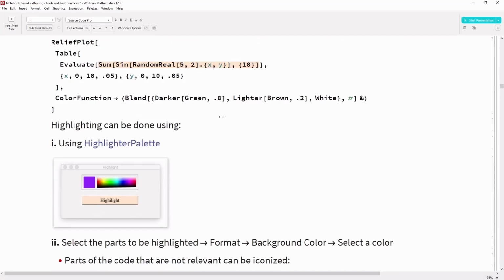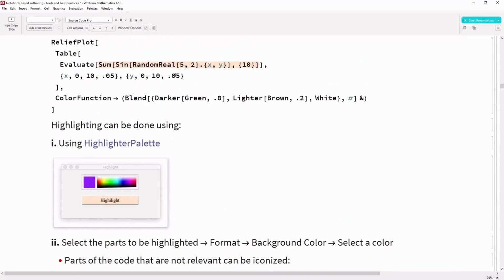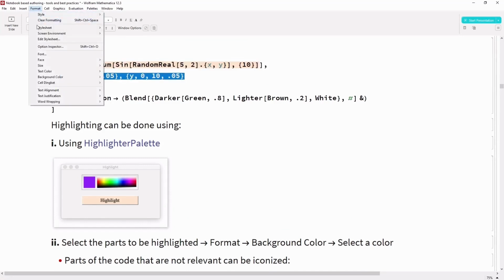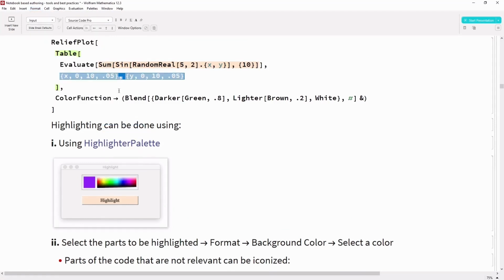The same thing can be done by going into the Format menu and selecting a background color. Let me just show you how we can do that. I can just go to the Format menu, select a background color, say light brown, and you can see that the background color has changed.